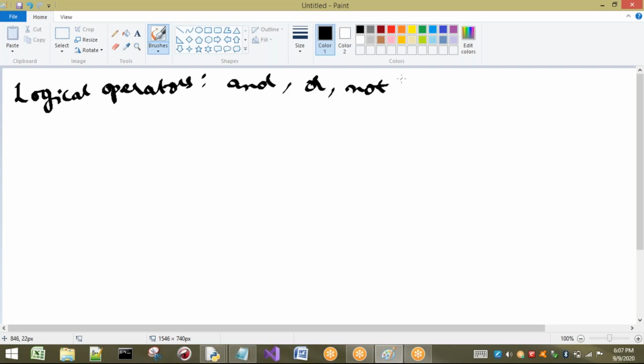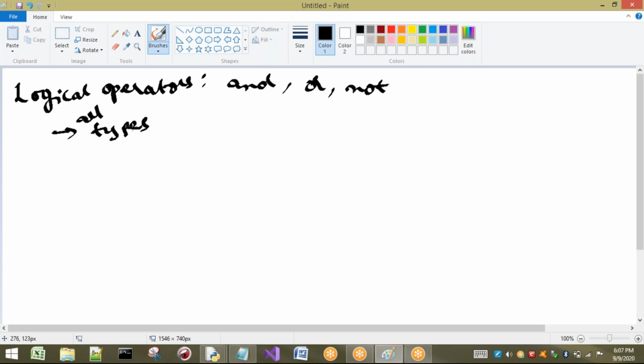Generally, if you know digital logic design or some digital electronics, you can understand what is meant by AND, OR, and NOT. If you don't know, let us discuss now. So these are the logical operators, and these can be applied to all the types. First thing we have to observe: these operators can be applied to all types.